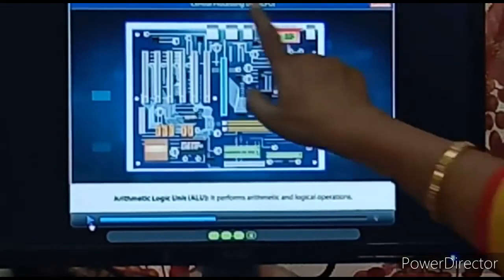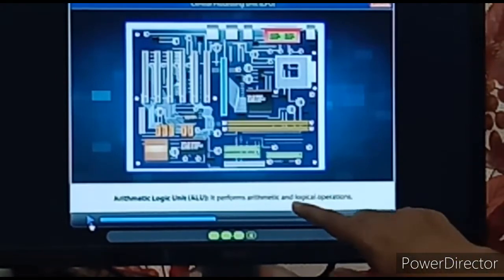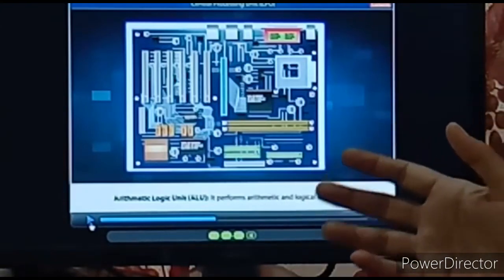This is the central processing unit. In this one we will be having the ALU, arithmetic and logical unit. This one will perform the arithmetic operations: additions, subtractions, multiplications, divisions. These are what are called the arithmetic operations. Logical operations means yes or no, true or false. Those things are the logical operations.